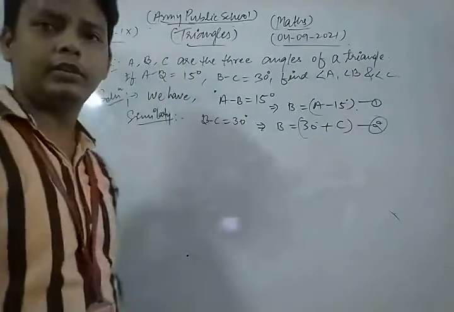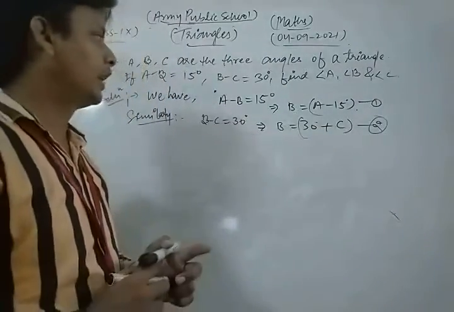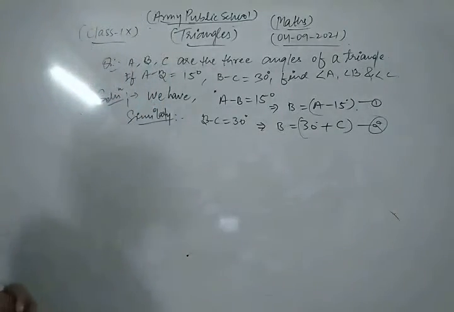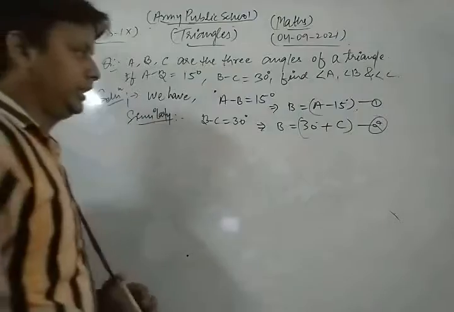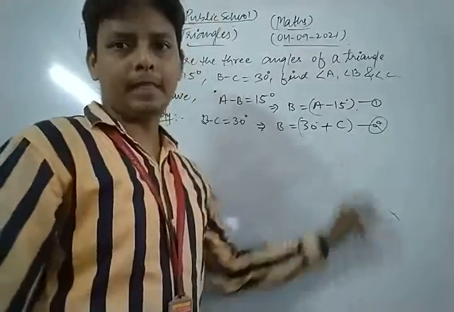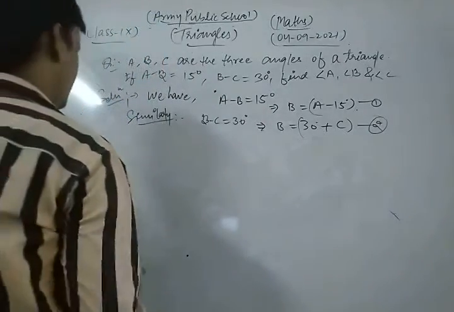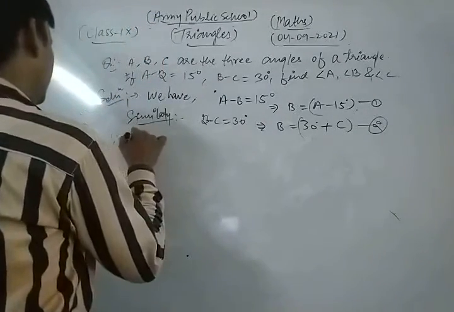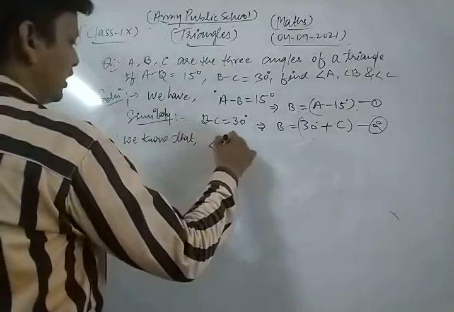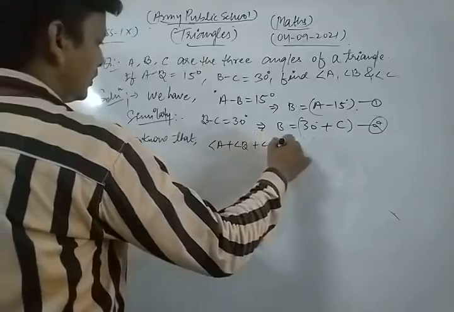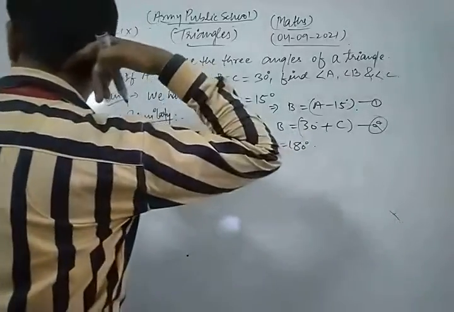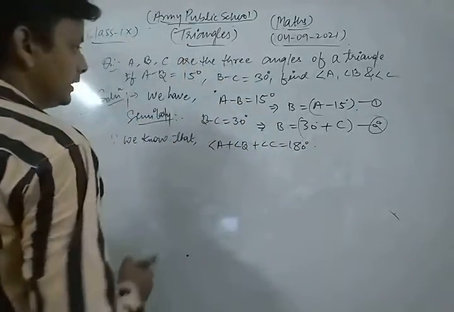So in this way, first of all we write angle B in terms of angle A, as well as angle B in terms of angle C. Now, since we know that the sum of all angles of a triangle is 180 degrees. That is,